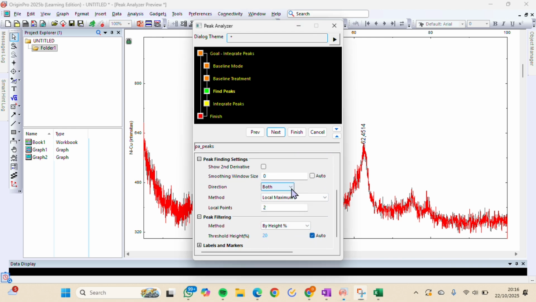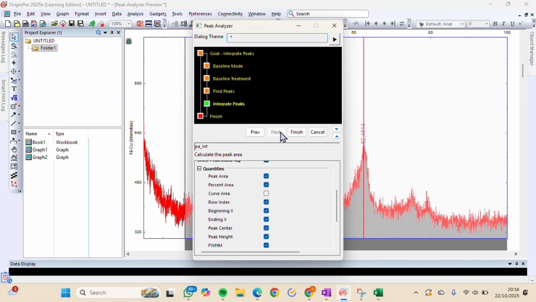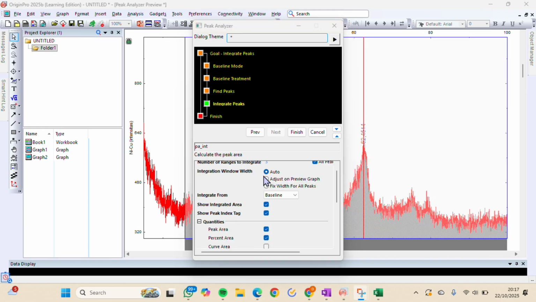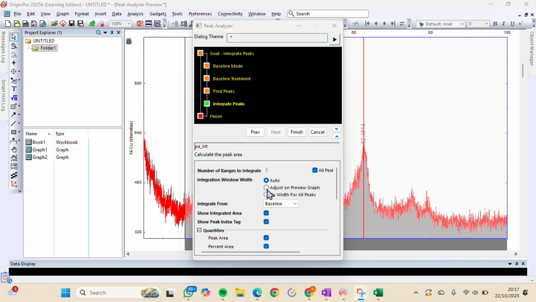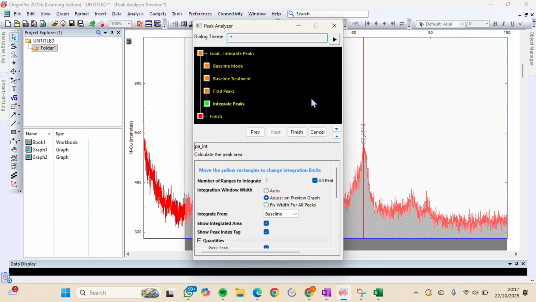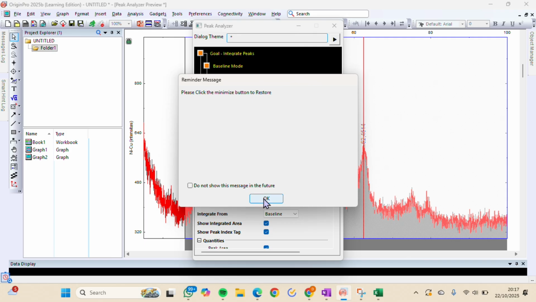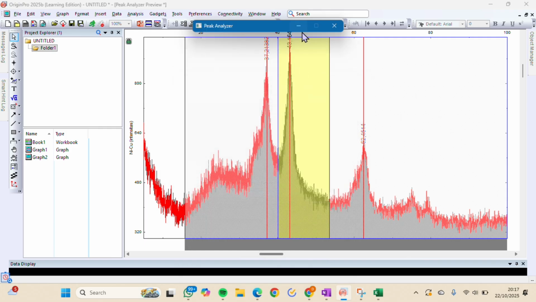We click the adjust on preview graph in the integration window, and then we minimize the button, and then in this page we adjust the section according to the peaks we've selected. So we highlight all 3 peaks that we have before.